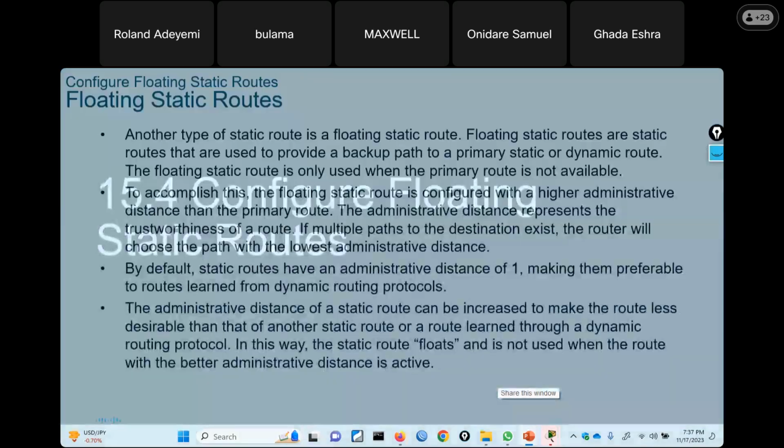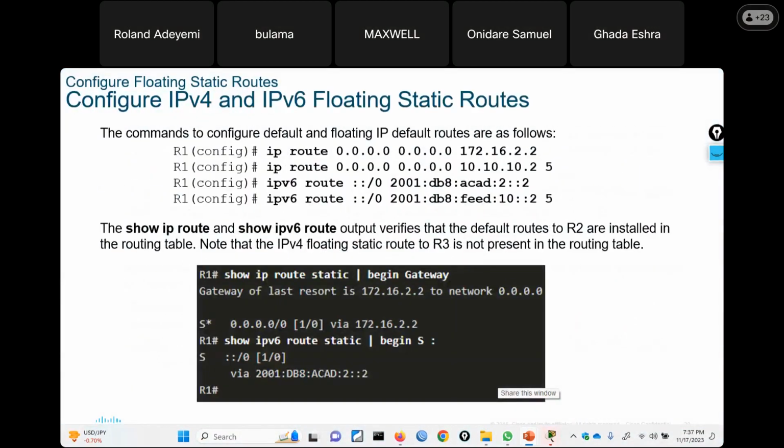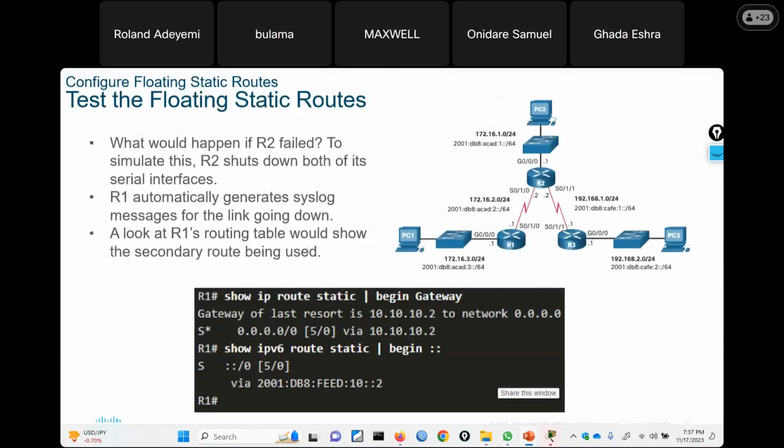What about the floating static route? I've just explained it. You tweak the administrative distance so that you can have the other one in the routing table. Look at a scenario. I've given one scenario and I tested it for you. You can see when one service goes down, the other one picks up. So you can have it in a different scenario here. Like look at this one on router 1. You can pass through this link and then you can pass through this link to go where? No, let's go from the other side. This router 2 can, how are they trying to explain their own topology? If router 2 fails,